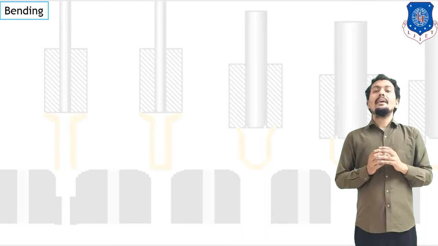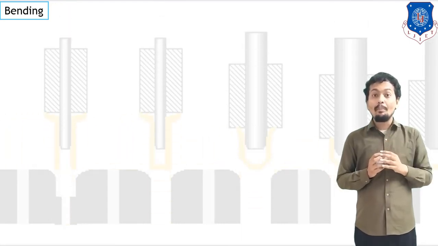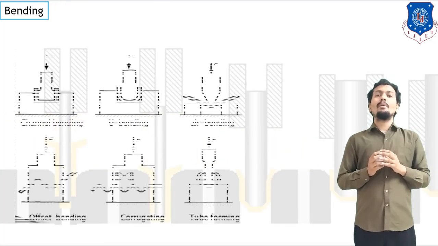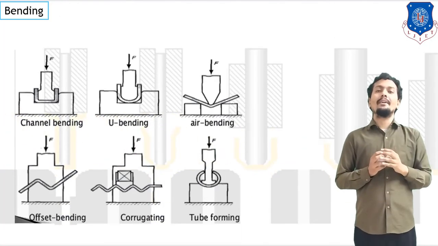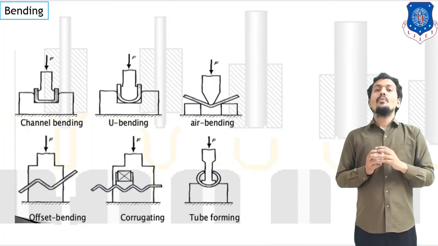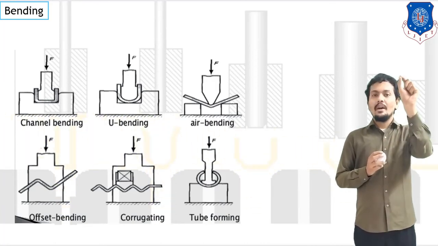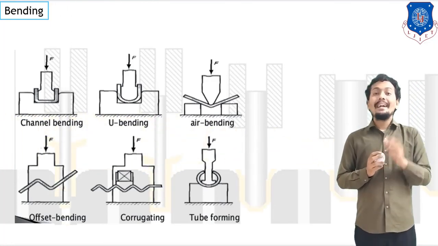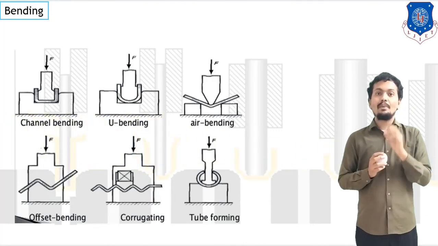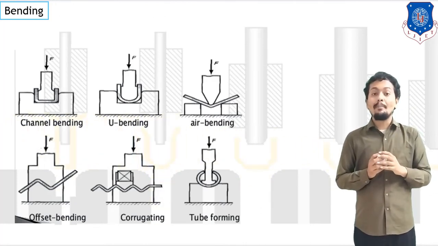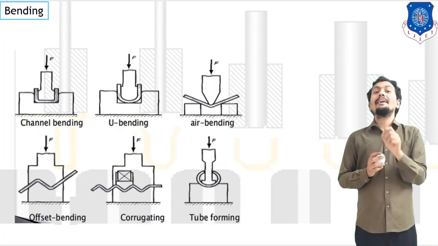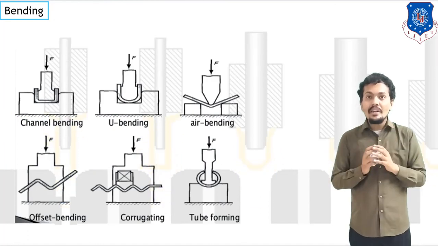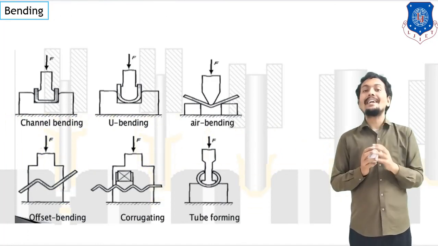So after that, here I mentioned the different bending operations performed on a press tool, right? In bending, our purpose is to bend a component, right? So here, as per the name, we can use V bending. So we can bend our component in V shape. Here I also mentioned offset bending and channel bending. It means you can bend our material in C shape. As mentioned here, we can use U bending as well, right?